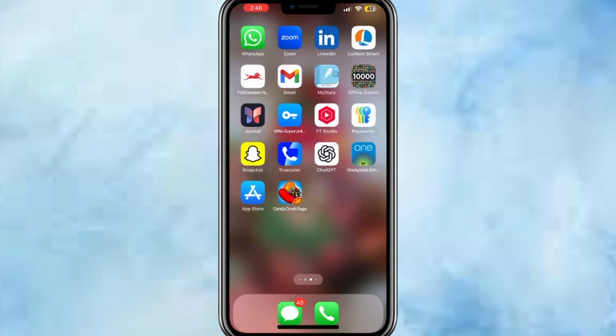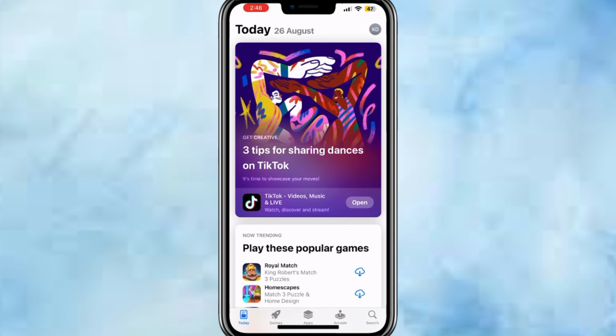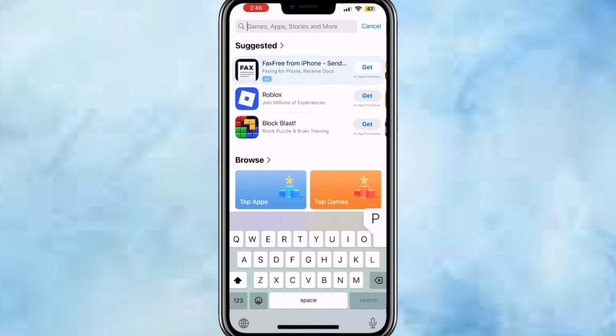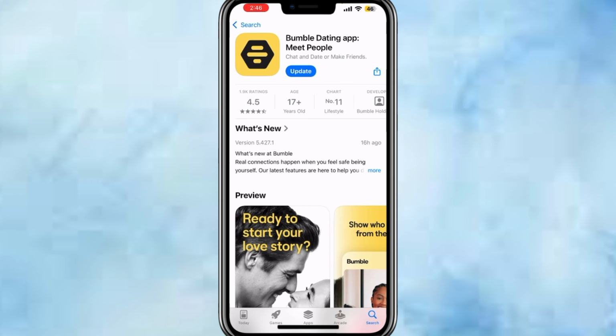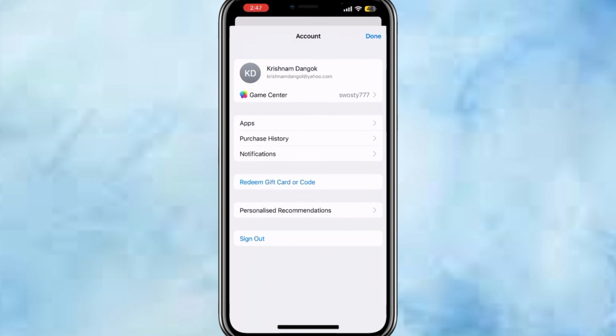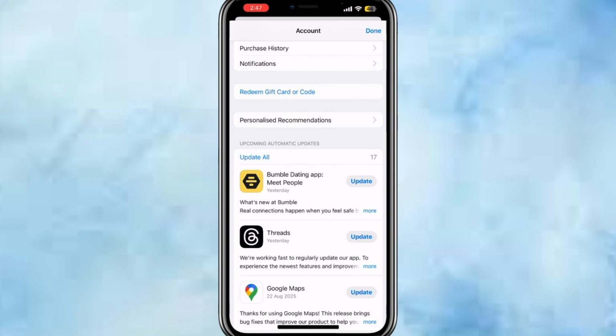Open App Store and tap the search bar, type Bumble and hit search. If an update is available, tap Update. Tap your profile icon, scroll down to see pending updates. If Bumble is listed, tap Update,